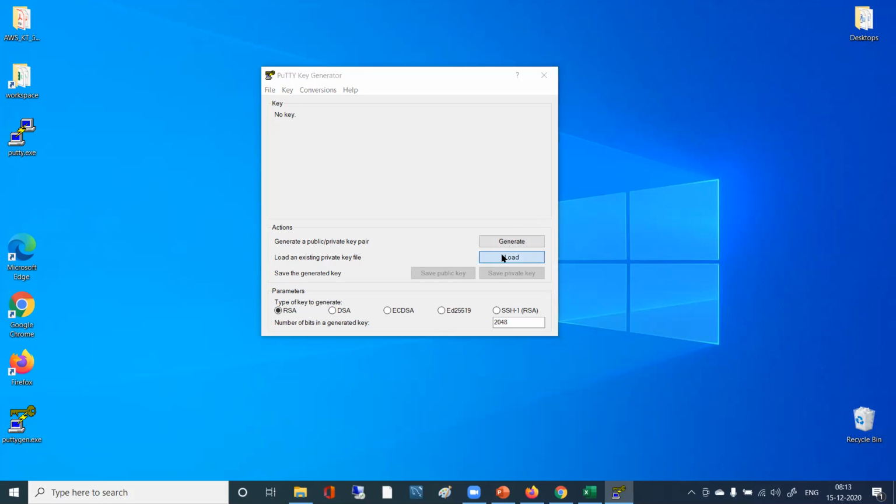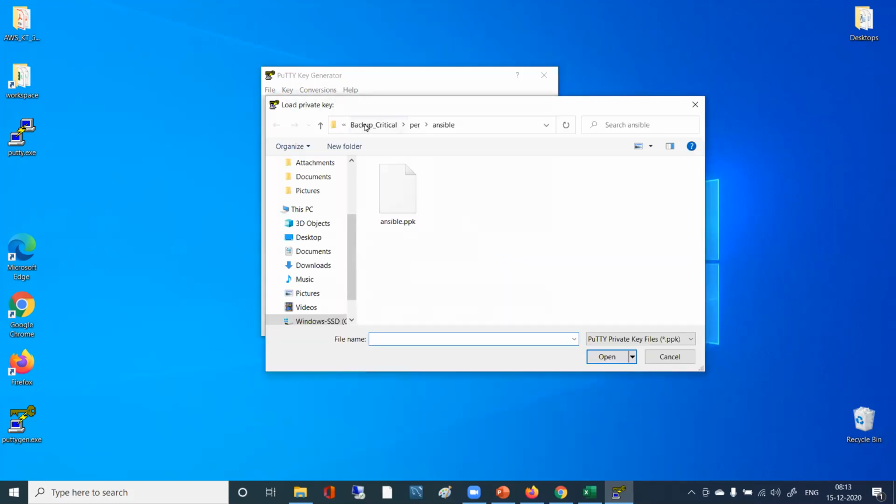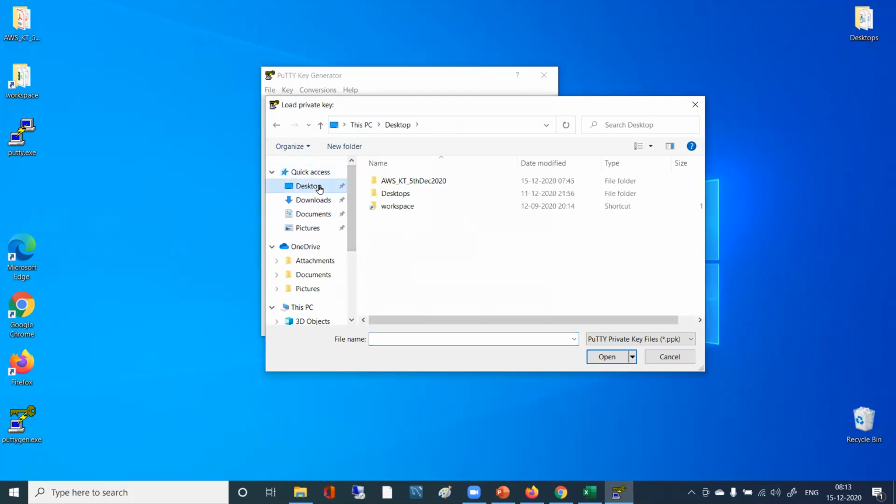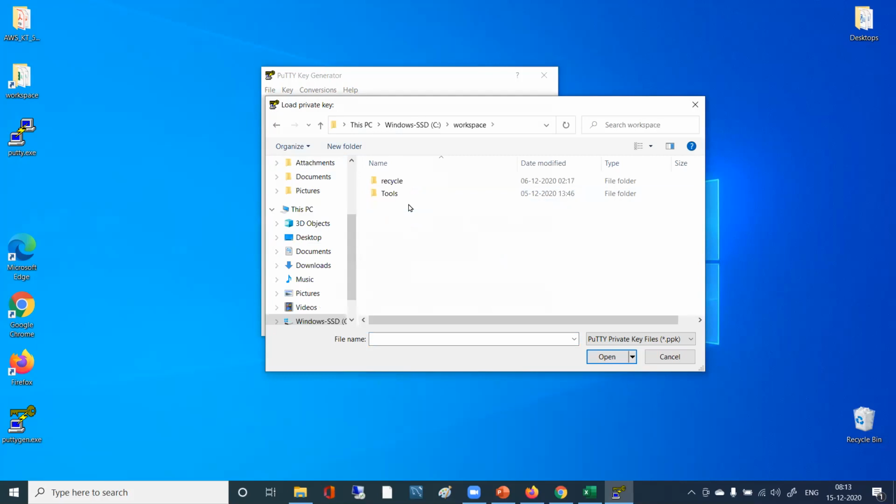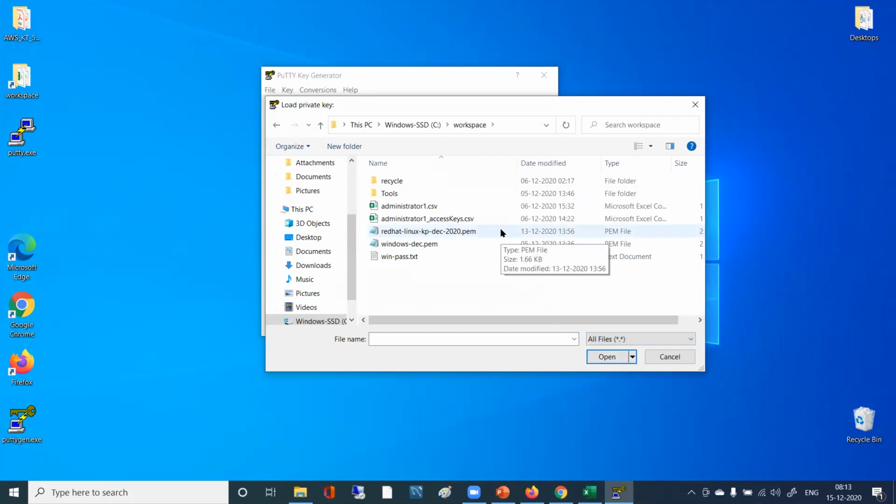Now we click on Load, right? We go to the desktop, where we see the workspace. I think I kept it here. There is no PPK file, so we have to select all files. Then our PEM is visible, right?